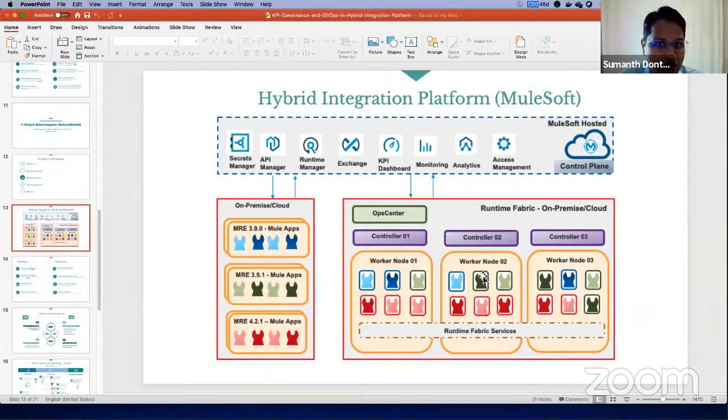Some of them don't need to log extensively. Some of them need to have extensive logging. Some of them, because these are isolated or separated in different clusters, different MREs, different geography regions, some are compliance regulatory regions, right? So different logging requirements for different applications.